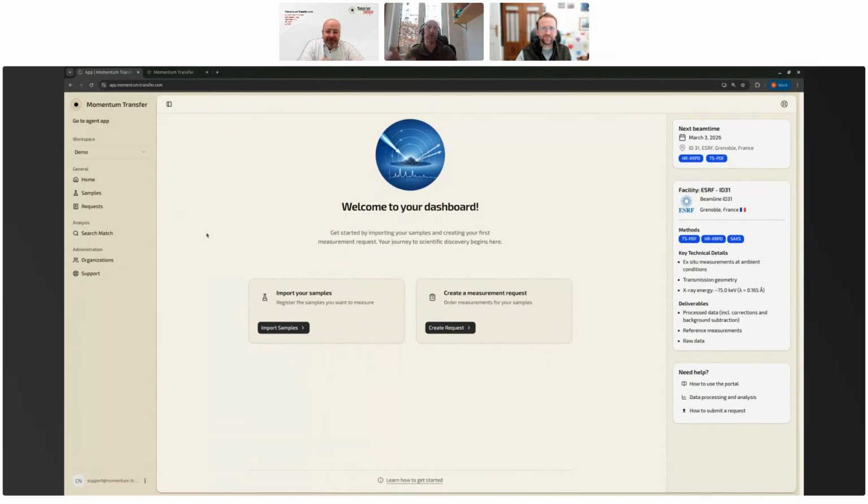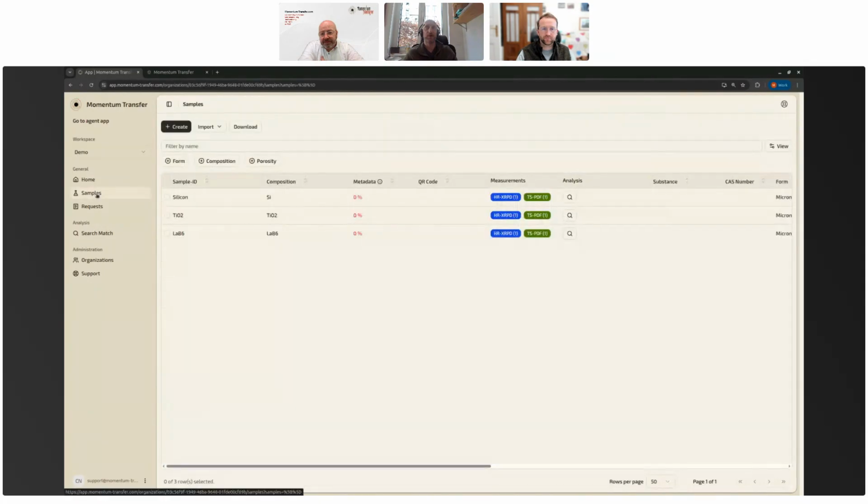So I just want to show you some applications and the workflow for the tool. So if you already have an account, or some of you may already have data collected with us as well, when you log into your account and go to your sample list, if you have data already, you'll see in this column called measurements that there are already data populated there from measurements that have been done. So from this view, I may decide I would like to do search match on one of my samples. And I'm just going to start with a really easy case, just to demonstrate the workflow. So you would go to analysis here